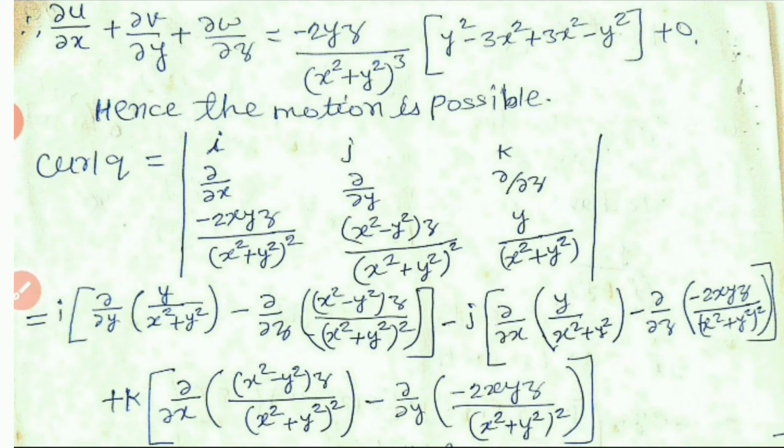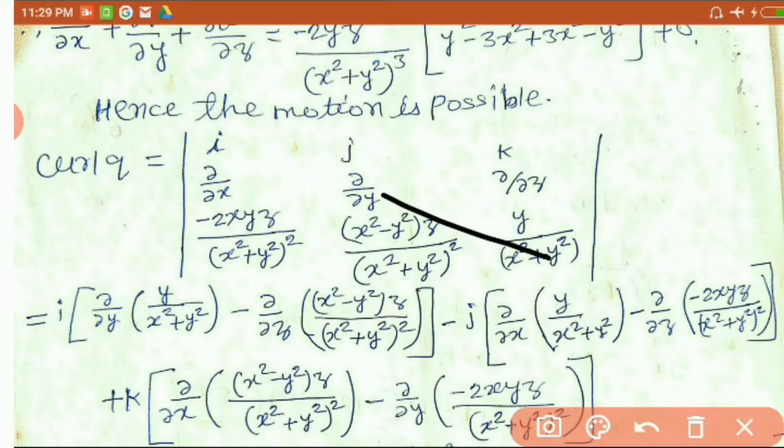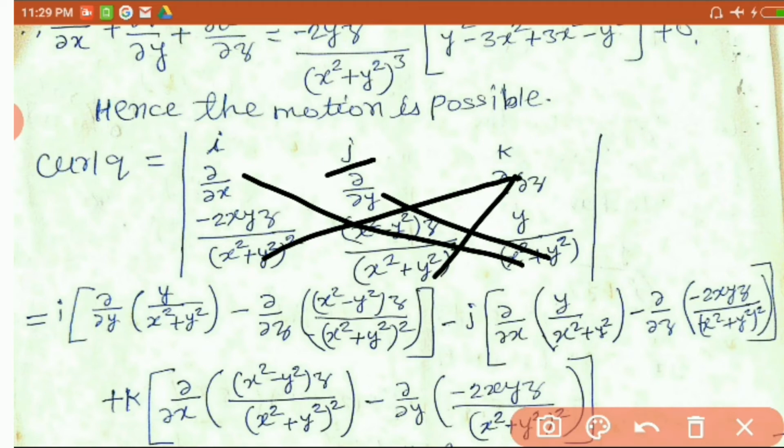Here i is equal to dou by dou y into this minus dou by dou z into this, minus j, dou by dou x of y into x square plus y square minus dou by dou z into minus 2xyz upon x square plus y square whole square,